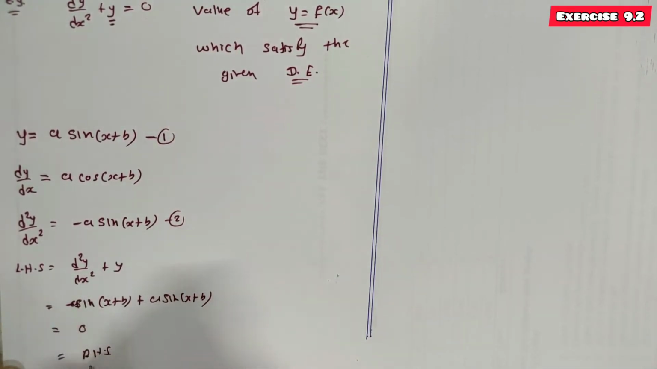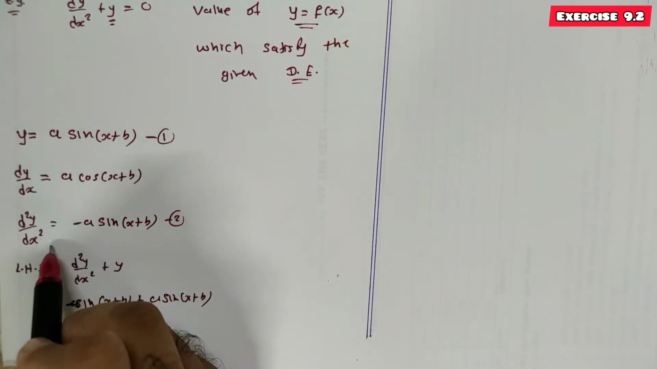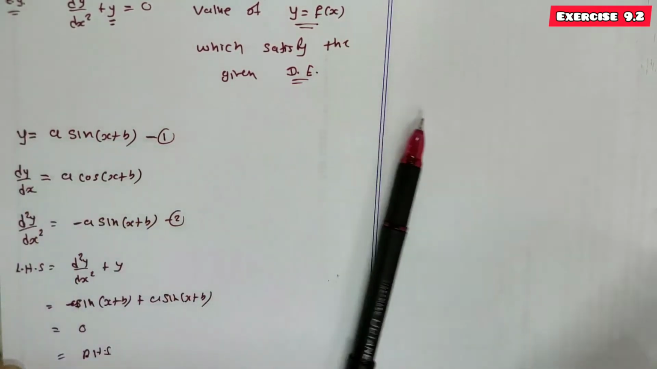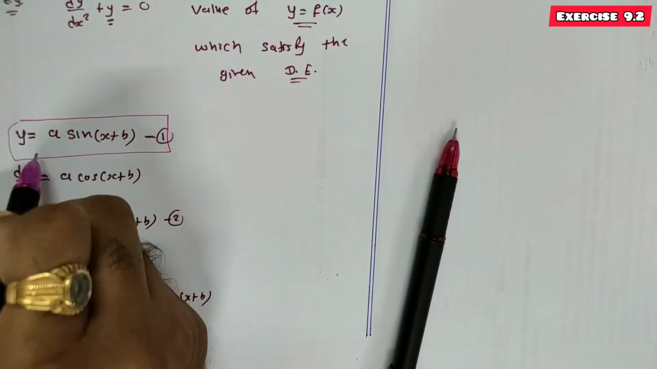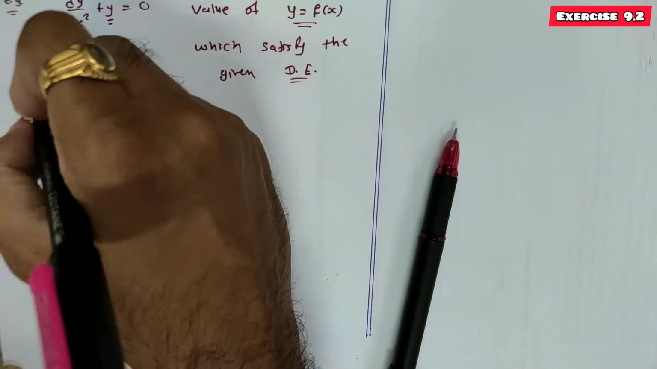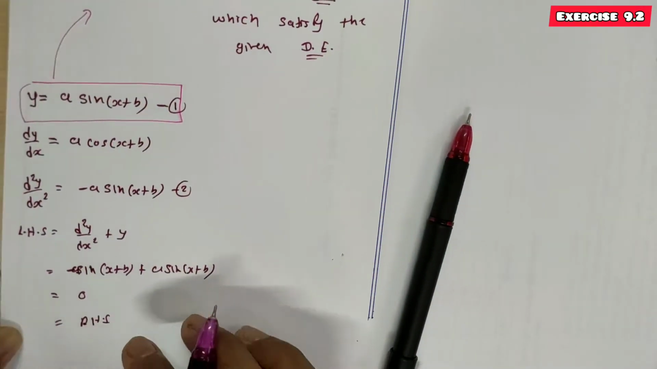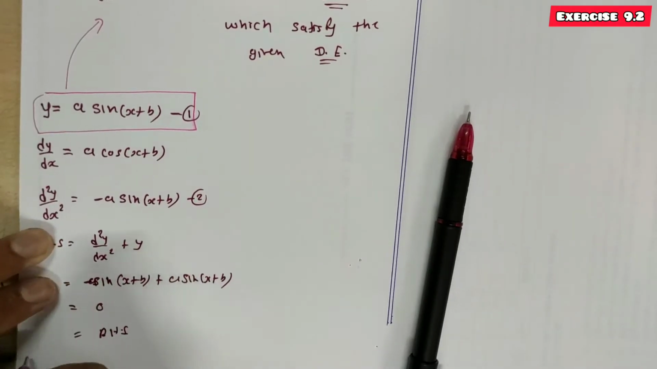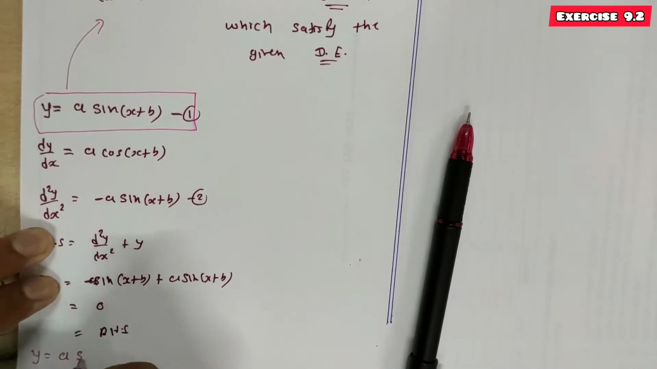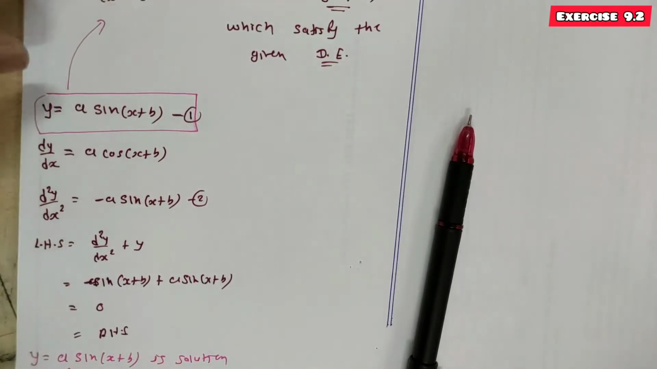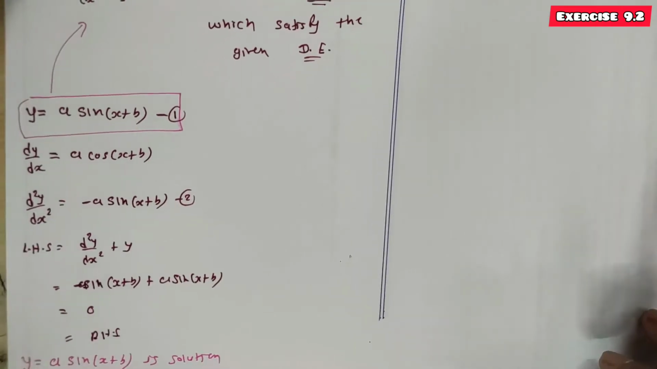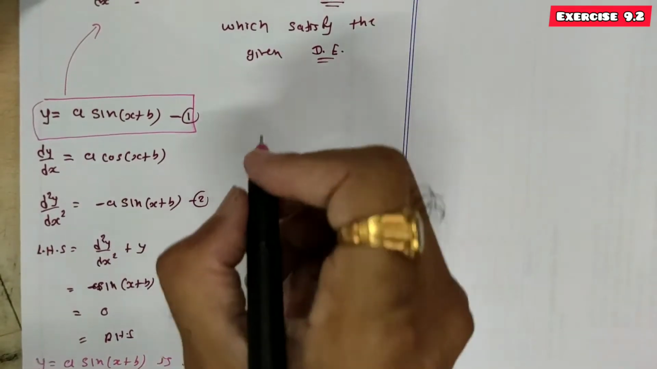So the left hand side of the equation equals the right hand side for this value of y and d square y by dx square. So we can say that y equal to a sine x plus b is the solution of this differential equation. What is the conclusion? This y equal to a sine x plus b is a solution of the given differential equation. Now if we consider another value of y,